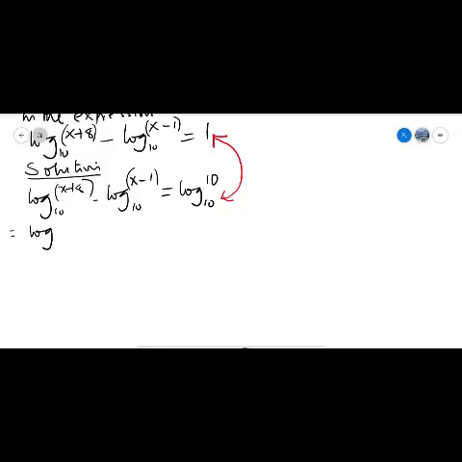Now remember that law states that log m minus log n base 10 is the same thing as log m over n base 10. So if this is the case, then